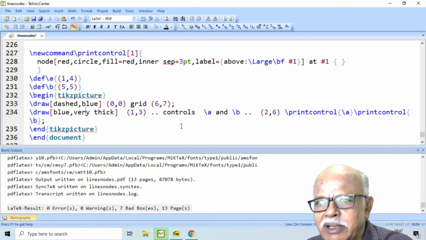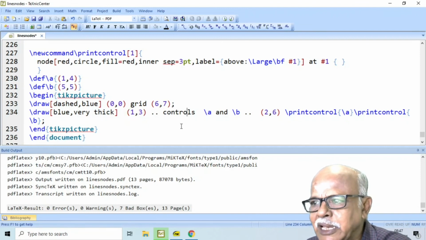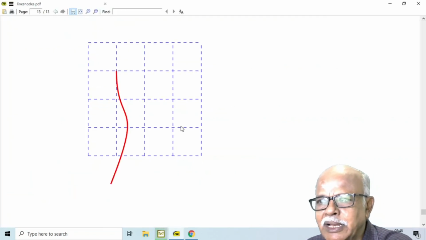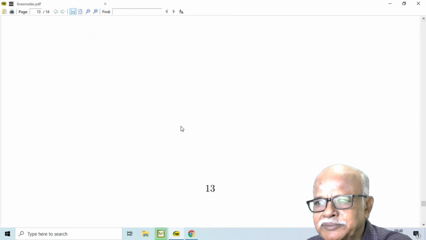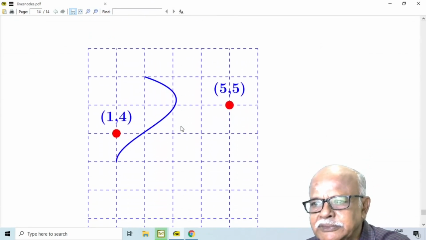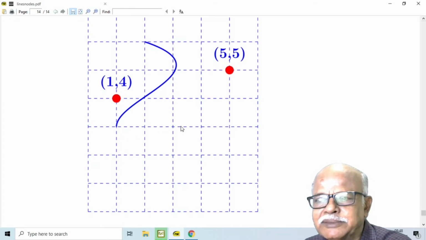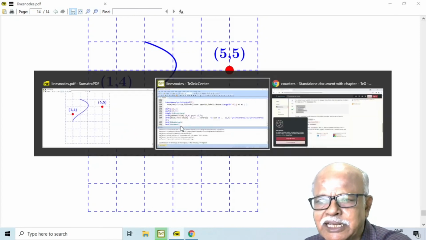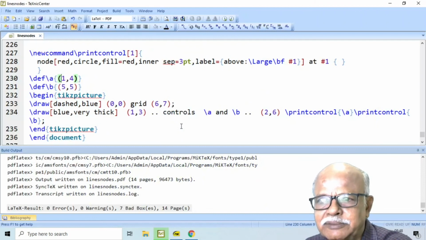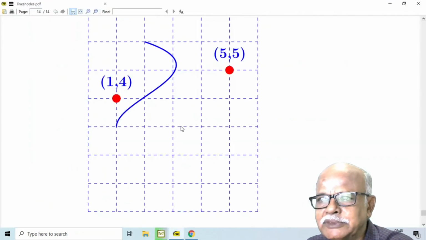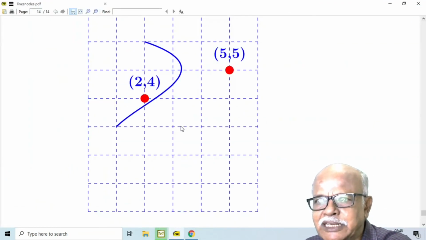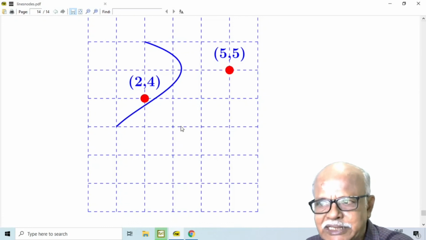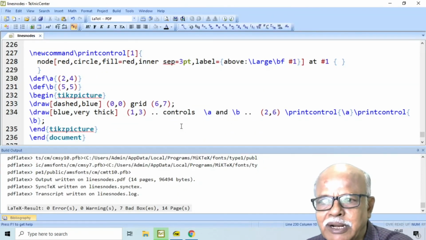I draw the Bezier curve like this, starting from 1, 3 up to 2, 6, using the controls A and B. I get the lines like this. If we change the control points, let us say this is 2, 4, then you can change the shape of the curve obtained.